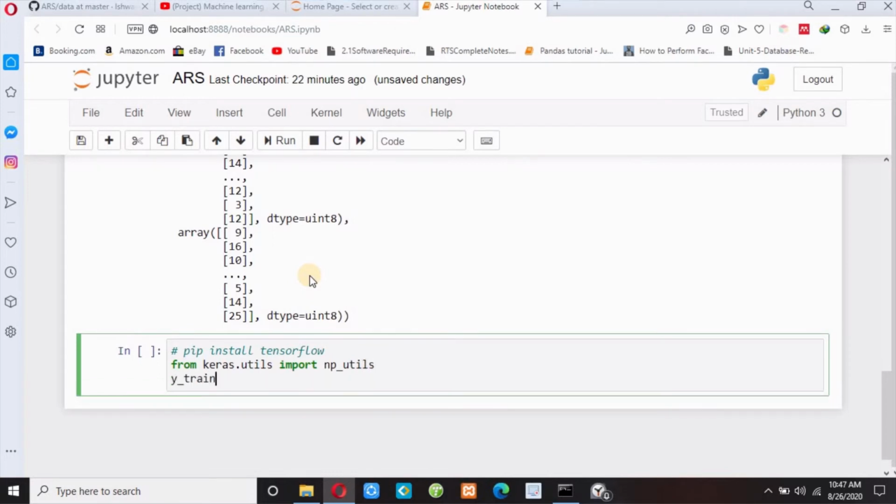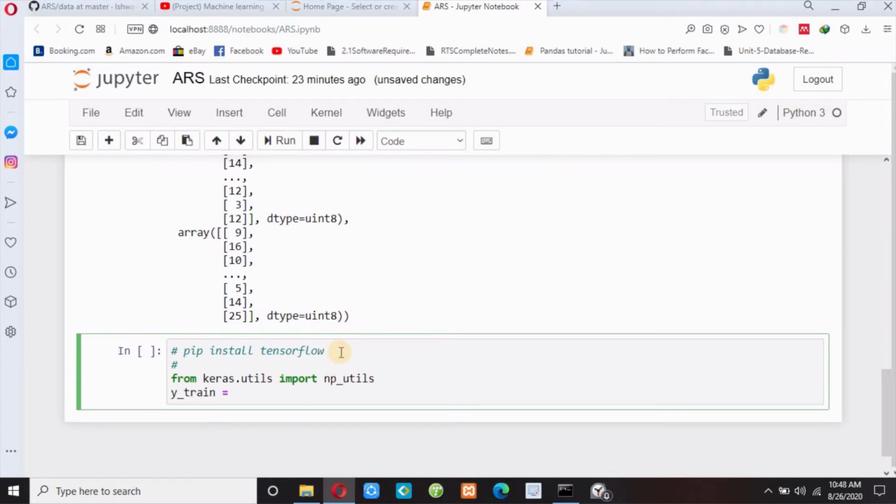And then what am I going to do? I need to convert integer into one hot vector, or we can say binary class matrix. So let me complete this code first. So y_train equals np_utils.to_categorical.